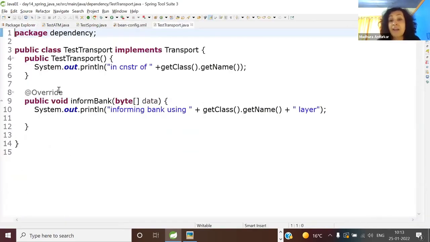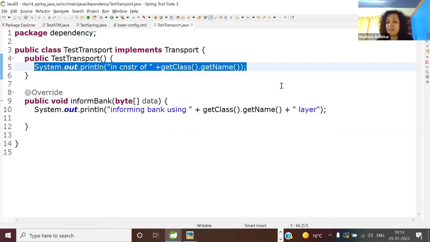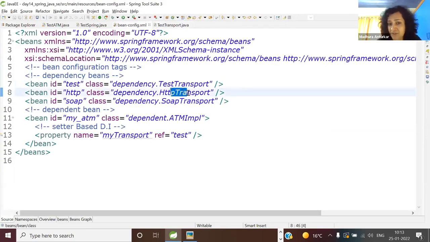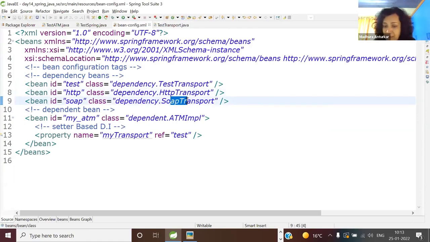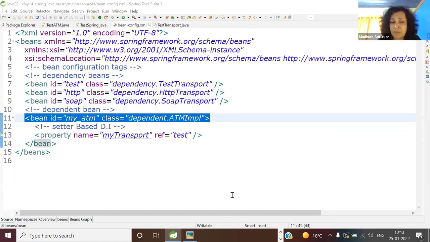So you see this is the SOP you will see in the constructor of test transport. So this will tell you that, okay, my dependency bean is created. What will be the next line of output? HTTP constructor, SOAP constructor. So all three dependencies are done. Next one. When it comes to this line, what is the expected output, please?